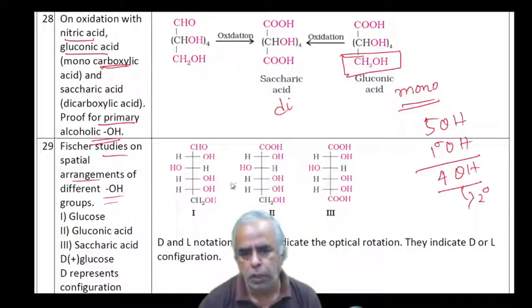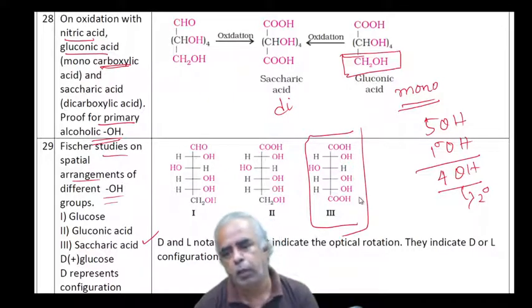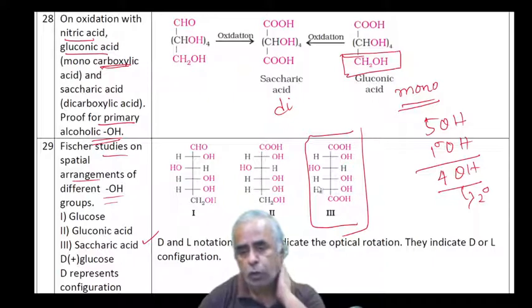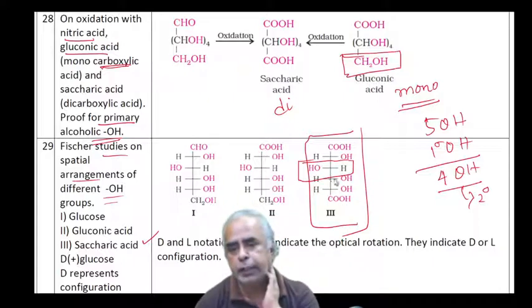The saccharic acid structure has already been established, and that was one of the greatest clues for the rearrangement of this H and OH. In gluconic acid, we have already identified the rearrangement of the third carbon atom with the OH and H on the other side. Okay, since we were able to get the gluconic acid by oxidation of glucose,